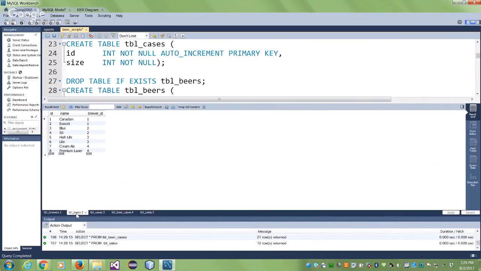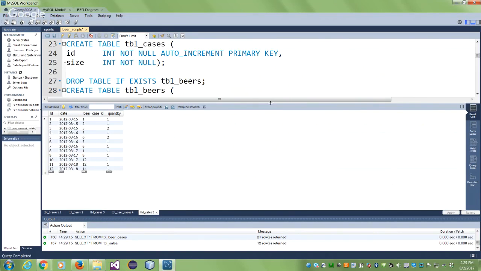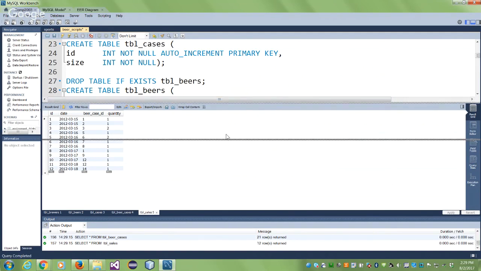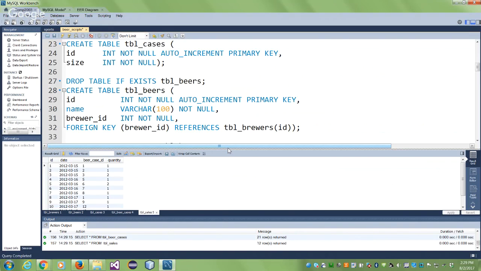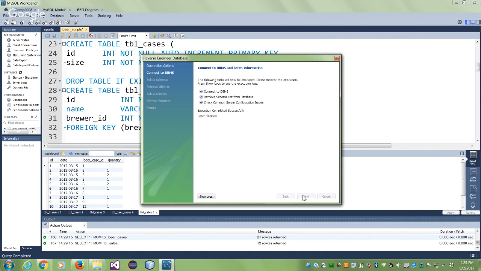So those are the brewers. Then comes the beer information. Then comes the case information. All tables are in third normal form. That's why you see so many numbers everywhere, because they have that common connecting table. Always when you have two tables and you want to join them, there will usually be a connecting table in between. Now, as always, let's go and create the reverse engineer and go to next and